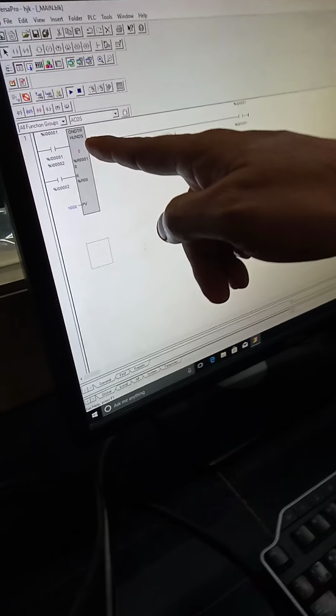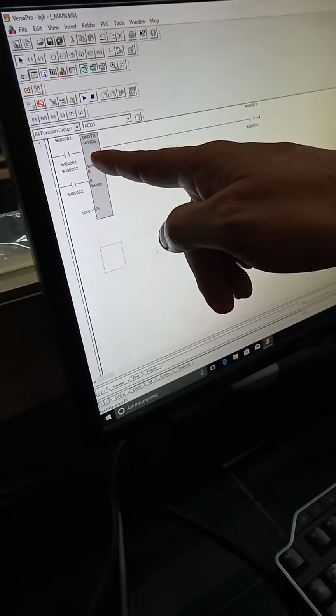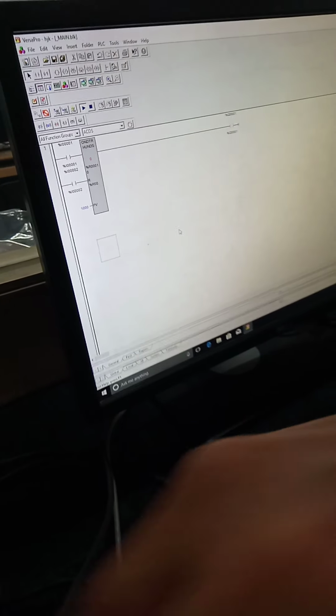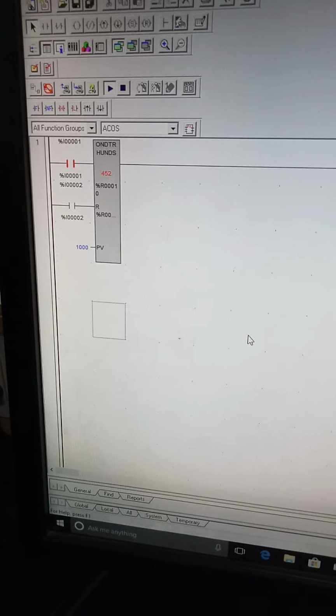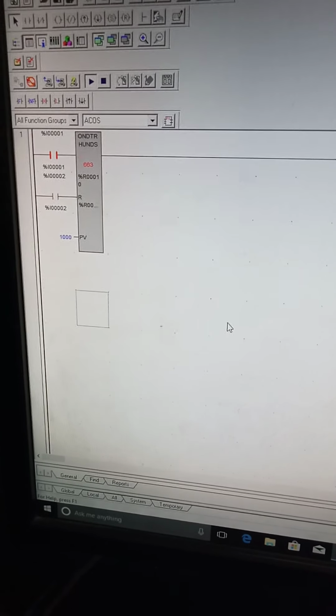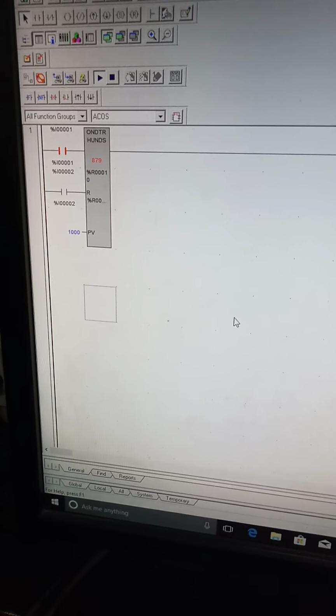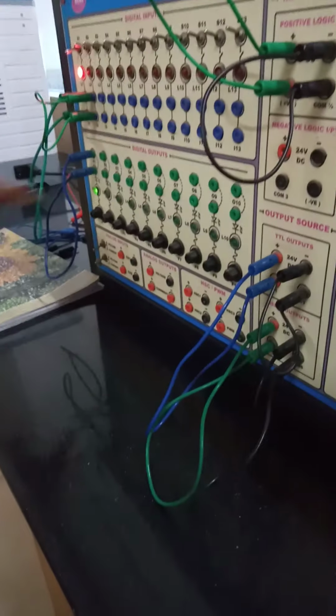Now you can see the timing, what I just did there, 0. That you can see, this is your simulation. Once 10 seconds is over, it will be displaying 10 and my output will also be on there. Now I am going to start. So you can wait till 10 seconds. You can see the output here in the PLC as well as simulation. Once 10 seconds is reached, still the timer will be running but the output is on. Here also you can see output is on.